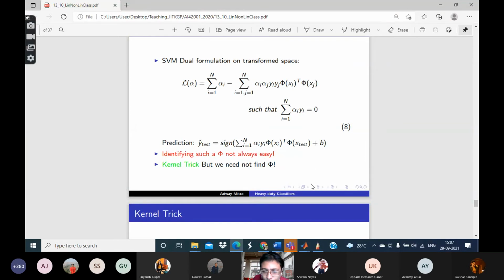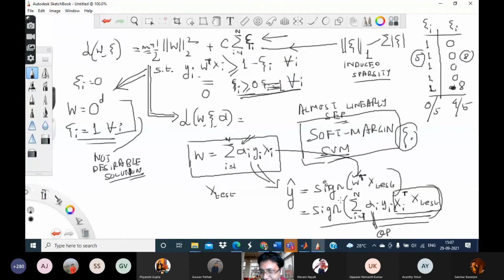Similarly, in the prediction also. In the normal SVM, in the linear cases so far, this is the way we are making the prediction. We already said this a few minutes back, right? Basically, we take the test feature vector, take its dot product with all the support vectors, multiply them with these factors, add them up, and then take the sign.